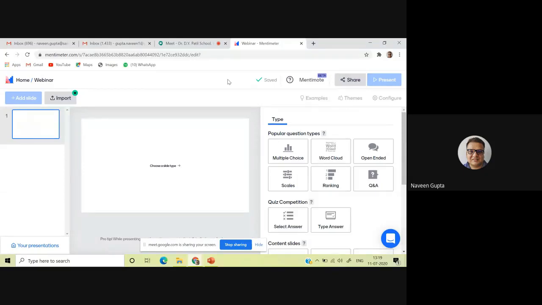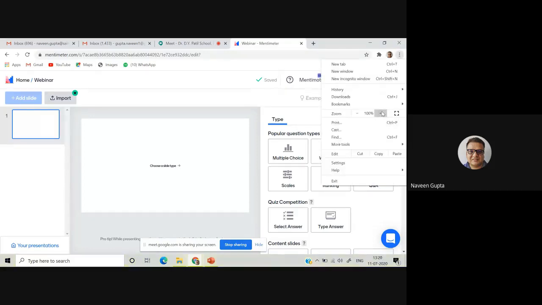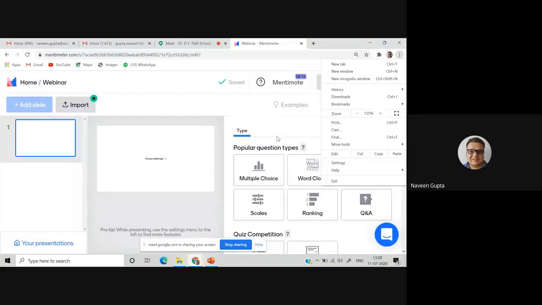It means you can ask only 2 questions in this free Mentimeter tool. I'm saying free tool; if you are using a paid tool, you can use any number of screens. If you are using your mobile phone, you can just click on your screen and increase the size. I hope my screen is visible. I can increase it if somebody wants that. I think now it's visible a little bit better.